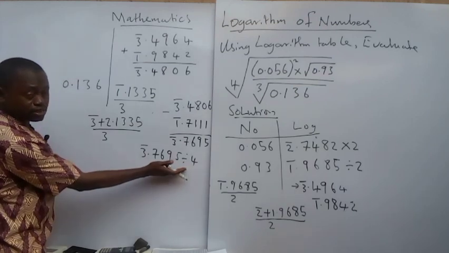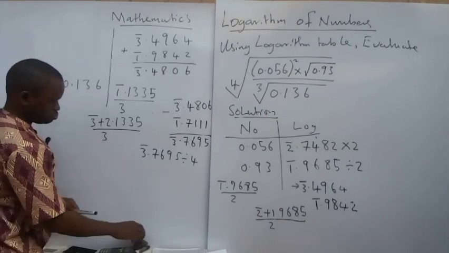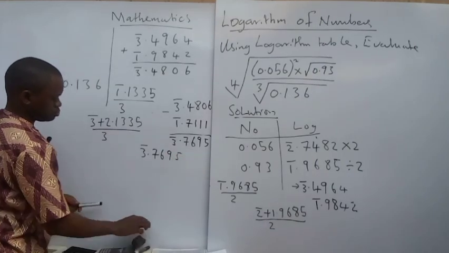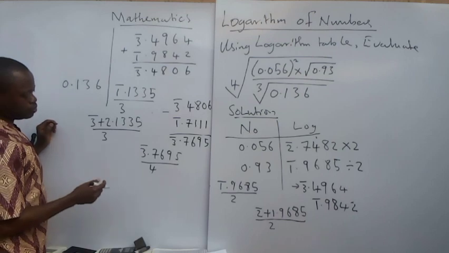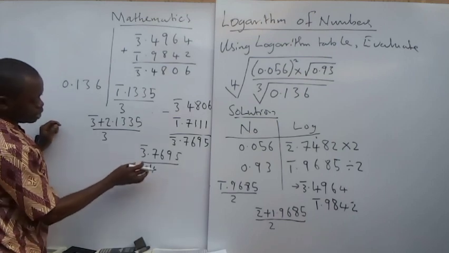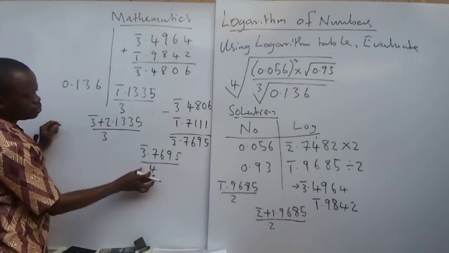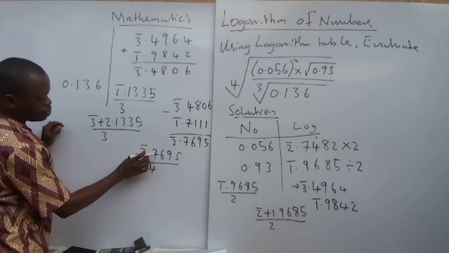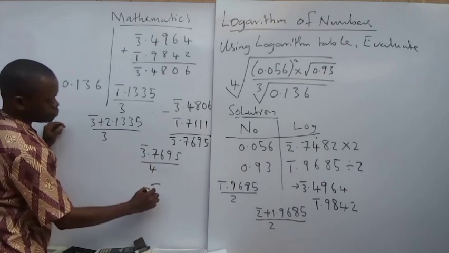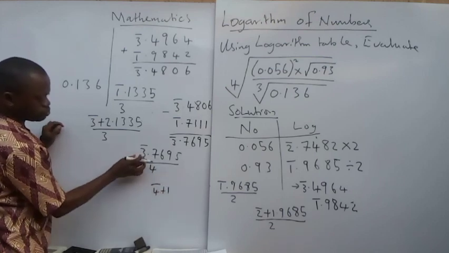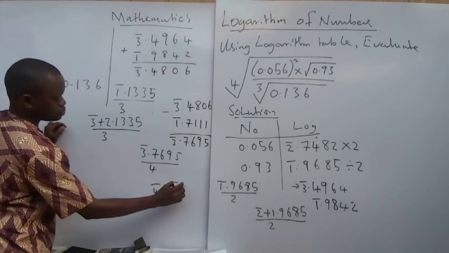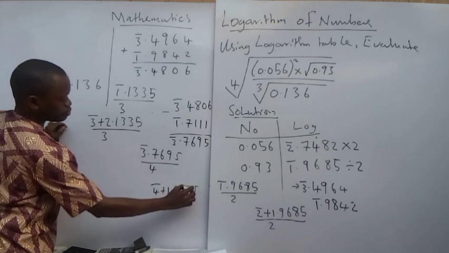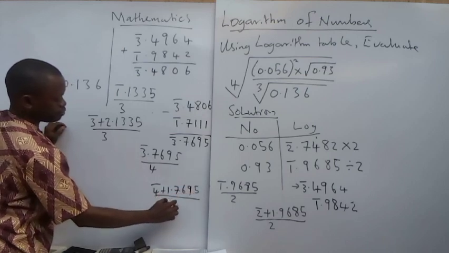You understand what I did now? So this is over 4. Okay? Now, what am I going to do? I will do the same thing I have been doing before, bring this up and then work on it. So I have bar 4, then plus 1, which will return back to this value, and then 0.7695 being divided by 4.